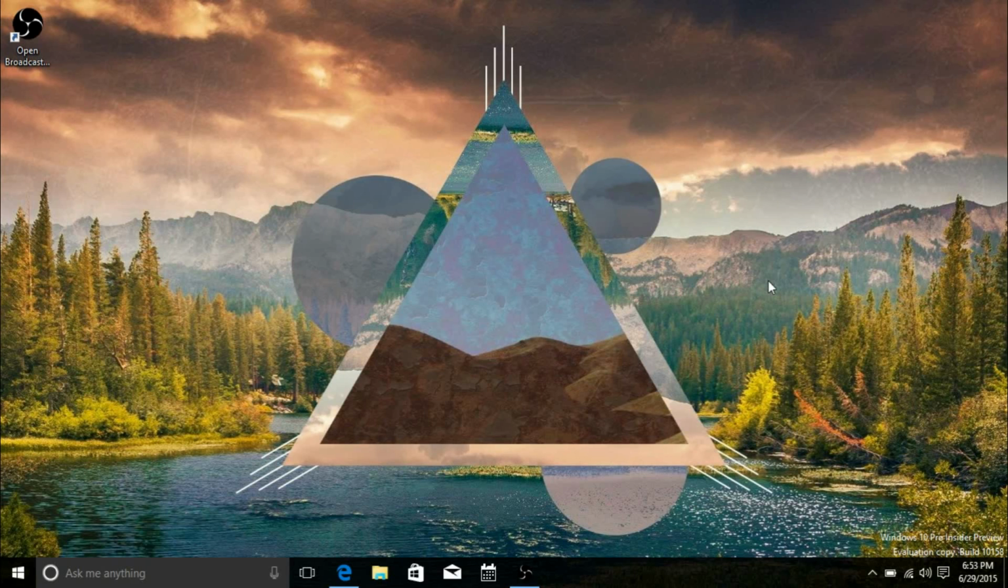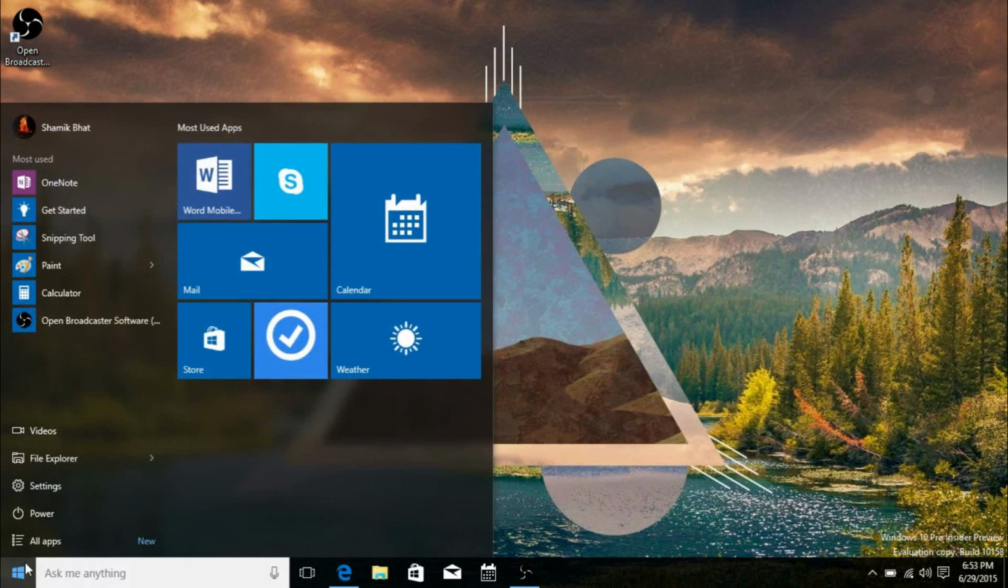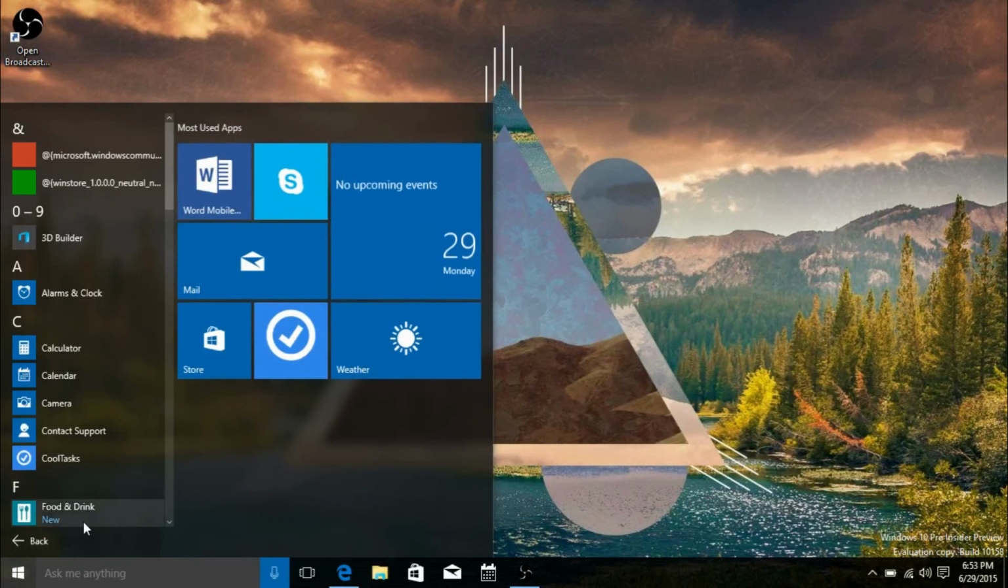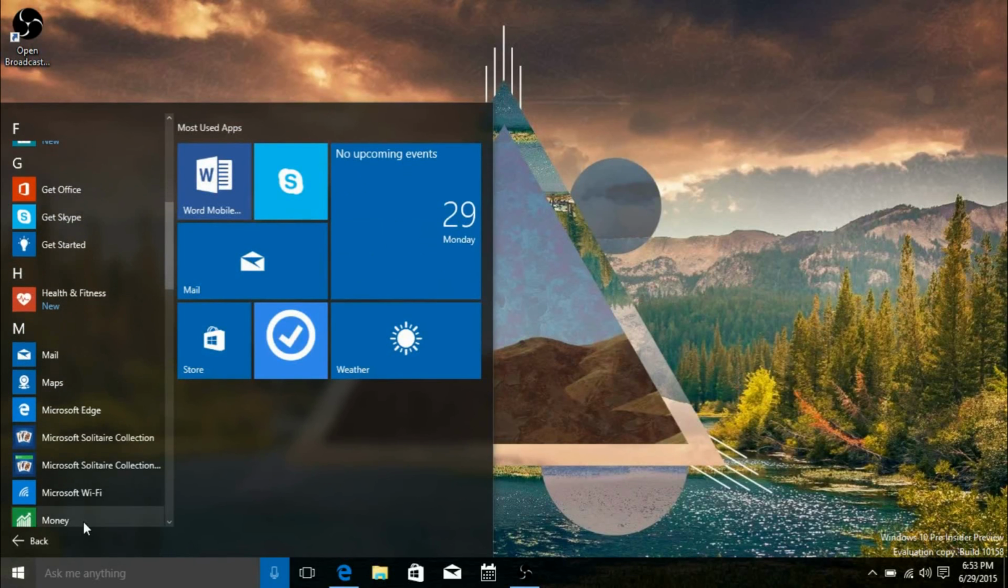So most of the new features in this build are either tweaks and sort of behind the scenes improvements to the icons, to the UI, to the overall experience, or they're in Microsoft Edge. So I'll go over the Microsoft Edge improvements, and the first one is that it's actually called Microsoft Edge now. So if I go into Start and I go into All Apps, I will now see it under M in